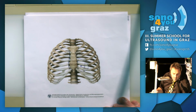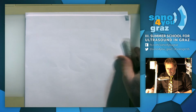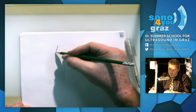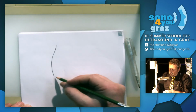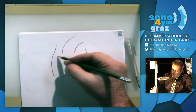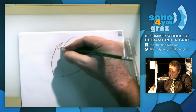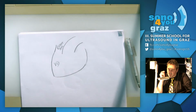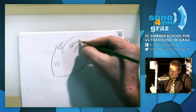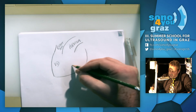So let's take now these faces again, the faces of the heart. I want to make now a little sagittal section of the heart, which means a little bit like that you have over here the heart with the different parts, and over here again this is the aorta going up, and this will be a little bit the right atrium. Right atrium, then you get ventriculus dexter, the right ventricle. Over here going up the aorta. That's good. English same as in Latin. Perfect, no problem. The ascending aorta over here, and the left ventricle will be a little bit more